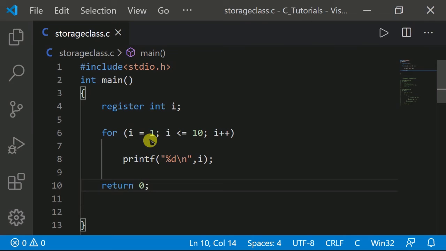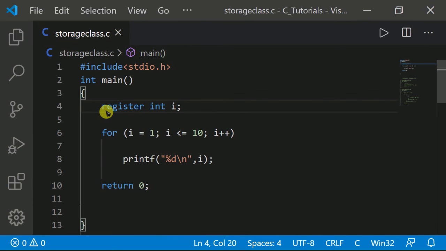Now let me tell you what is happening in this program. Even though we have declared the storage class of i as register, we cannot say for sure that the value of i would be stored in a CPU register. Why? Because the number of CPU registers is limited, and they may be busy doing some other tasks.